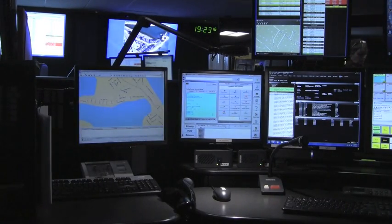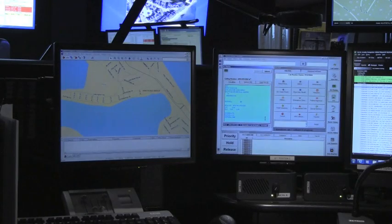Now, the dispatcher just has to ask his colleague 2 feet away to send an additional crew. The 911 computers that sit to the dispatcher's left automatically plot the location of the caller in case that caller is unable to say where help is needed. Dispatchers remind you that 911 calls made from cellular devices first go to the state police and are then routed to local departments. That can take additional time, so landlines are always preferable when making emergency calls. There is word that in the not-too-distant future that may change, and cell calls may go directly to the closest